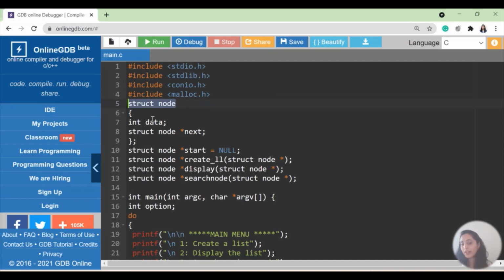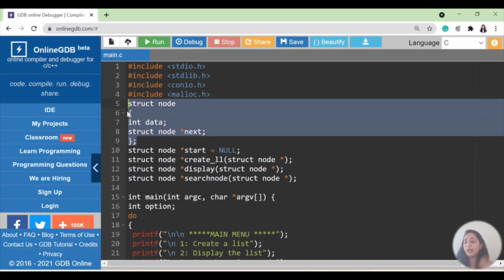Whenever a node is storing the address of something, I declare it as a pointer variable. That's why you can see here the star mark is there. I'm declaring my next variable as a pointer variable, and though I'm declaring it as a pointer variable, it should be pointing to another node. That's why the data type for next I have given as struct node. Then after defining the struct node, we have to give a semicolon. Please don't forget to give the semicolon. If the semicolon is not given, that means your structure definition is incomplete.